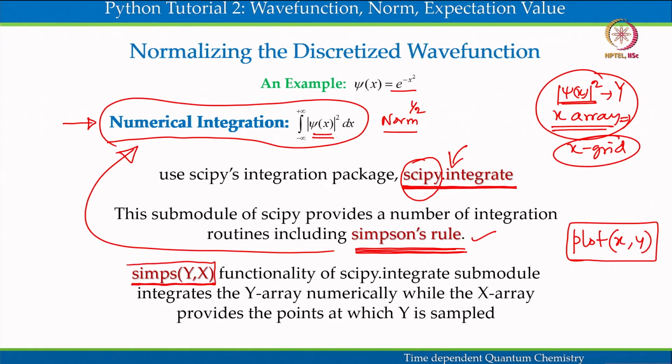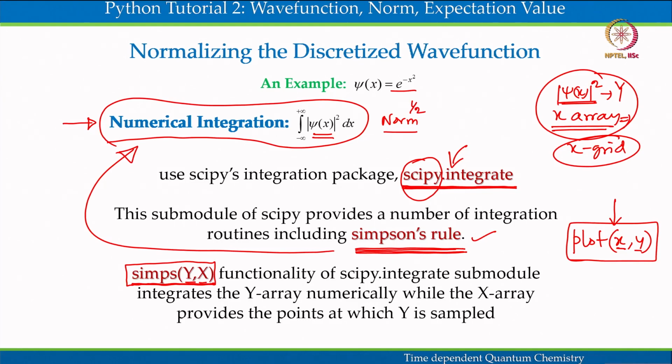So y comes first and then x. This may confuse somebody doing Python programming for the first time. Just remember that plot has the construct x, y, but here I have the construct y, x. So do not shuffle these two arrays